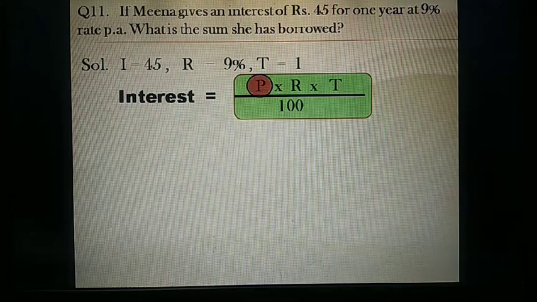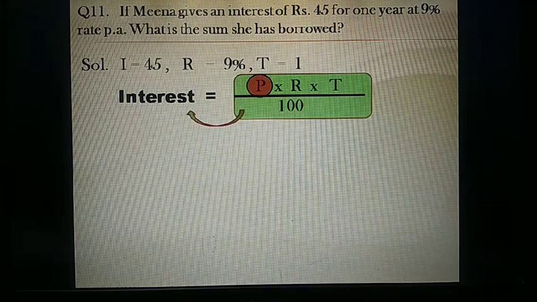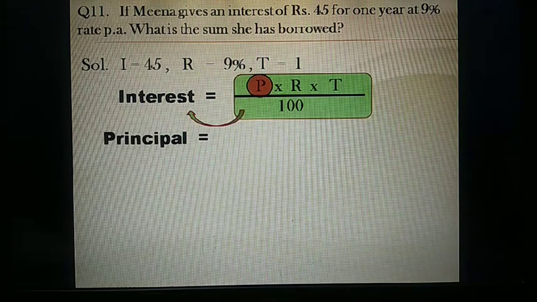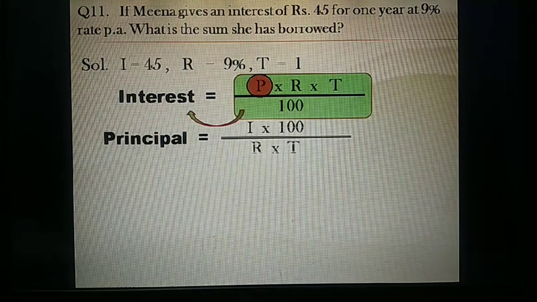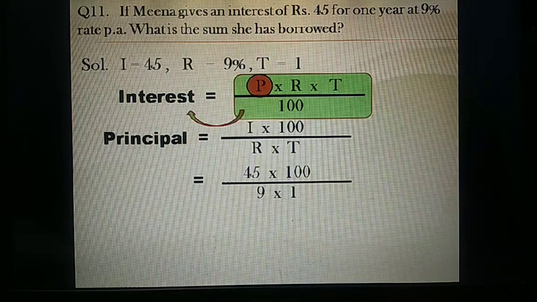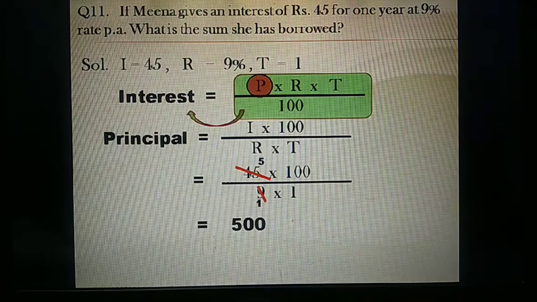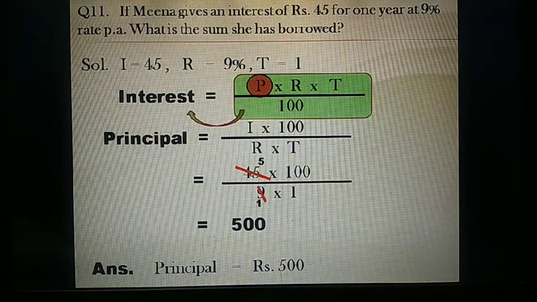From the part which is given to you on the right hand side, you have to calculate P here. So we will keep this P as it is, and except this P, you will shift whatever is there to the other side. So you will get P as, again shifting a fraction, here it's R into T upon 100, to the other side means shifting a reciprocal of it. You will get interest into 100 upon R into T. Put the values of I, R and T here. You will get it as 45 into 100 upon 9 into 1. Start performing the cancellation. 9 ones are 9, 9 fives are 45, which means 500. So here the principal is rupees 500.